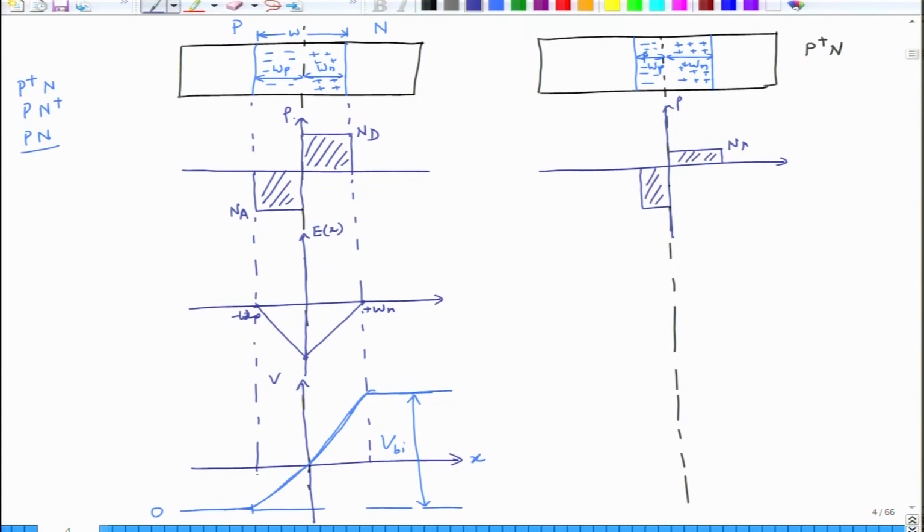So this is Nd and this is Na, and basically we are saying here the product of Nd into Wn is equal to the product of Na into Wp. So you can see that if Na and Nd are not equal, Wp and Wn will also not be equal. Now if I plot the electric field in this case,